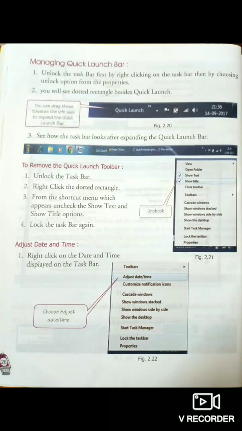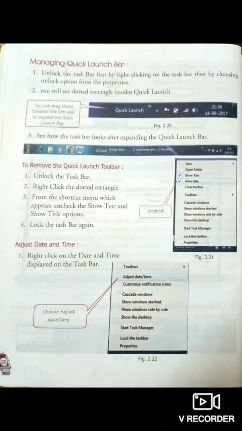So after adding it, we have to know how to manage it. Before that, you have to unlock the taskbar first by right clicking on the taskbar and then choosing the Lock option from the properties.